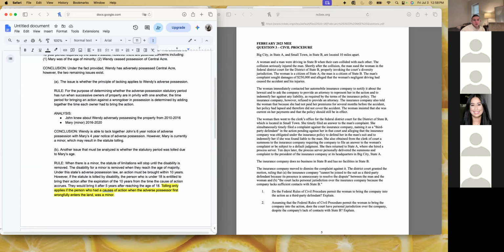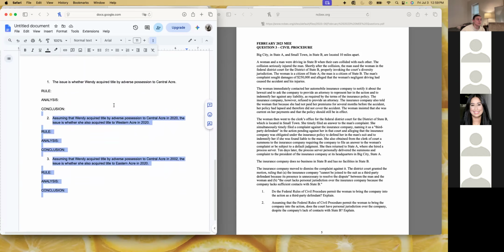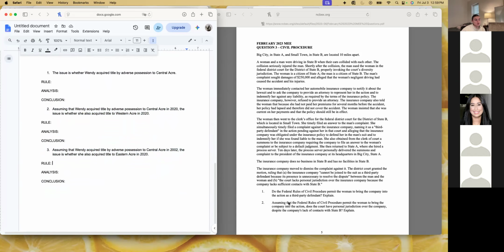Okay. So I think for me, I struggle the most with remembering to add facts to my analysis. And then Mallory asks if we can go through the general steps. So the general steps is I read the call of the question. So for this one, for example, do the federal rules of civil procedure permit the woman to bring the company into the action as a third party defendant? So what I do from there is I literally will come over to my paper